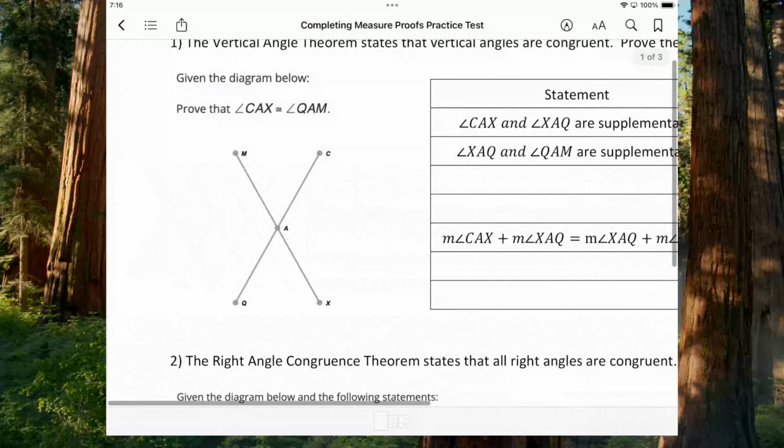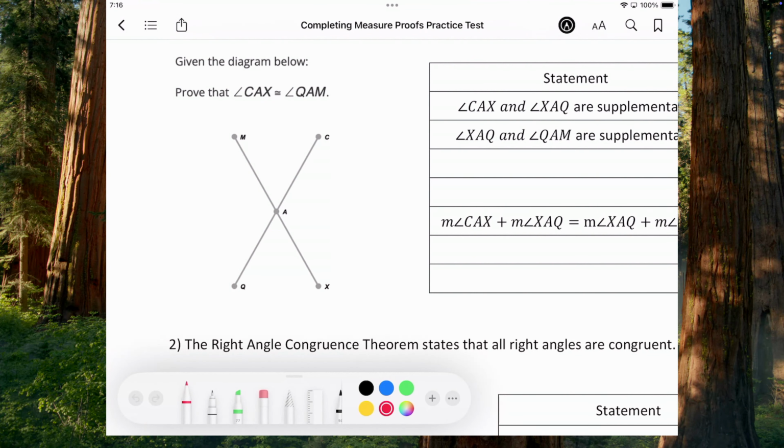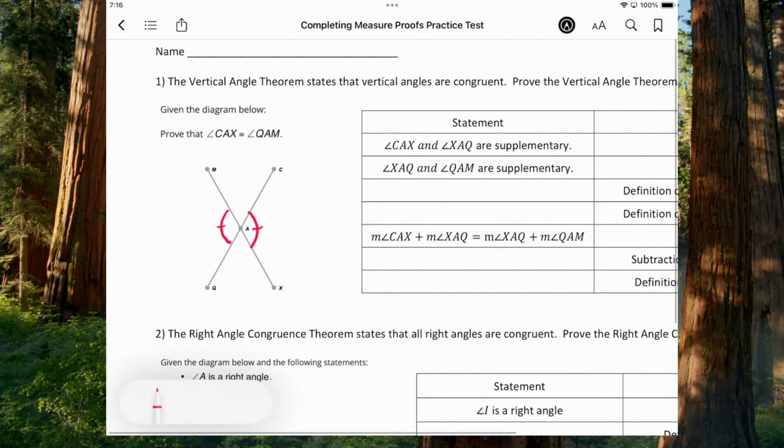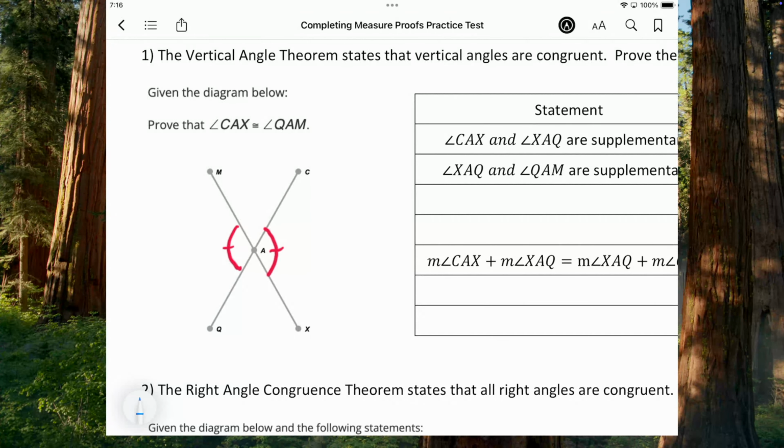Okay, so here we are asked to prove that angle CAX is congruent to angle QAM. We can see that those are vertical angles, but we are going to have to prove it. The way we are going to go about that is by saying that these two are supplementary and these two are supplementary. So since they both sum to be 180 and they share this angle,